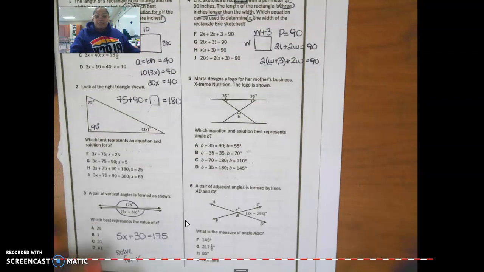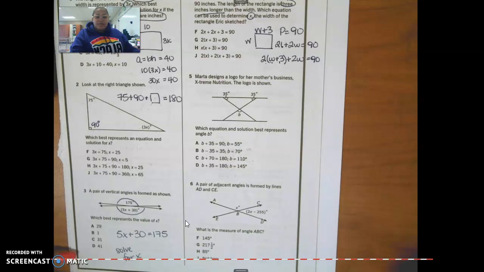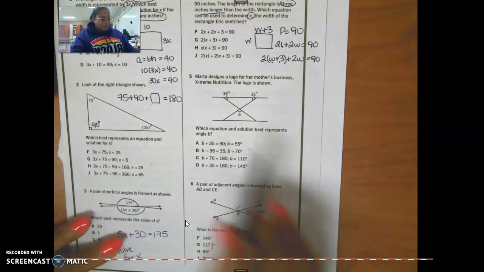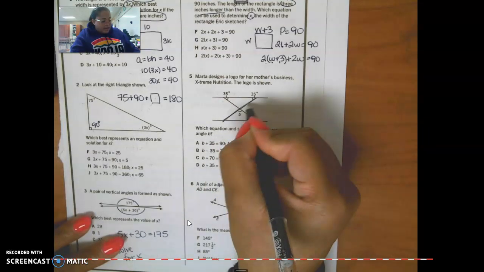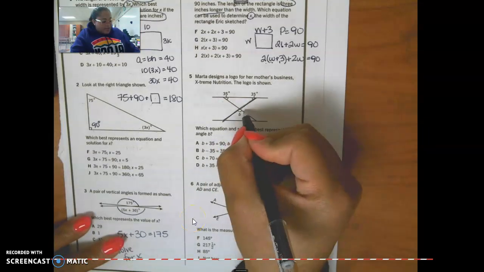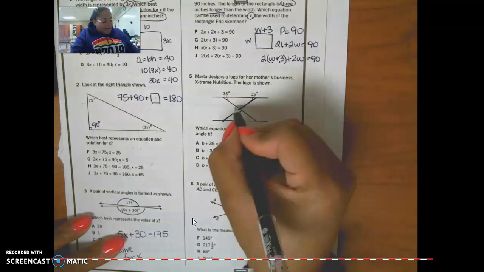Number 5. Marta designed the logo for her mother's business, Extreme Nutrition. The logo is as shown. Which equation and solution best represents angle B? Okay. This is a straight linear pair here. So I need B plus this angle right here to add up to, oh no, I don't even need to do that. B and this angle